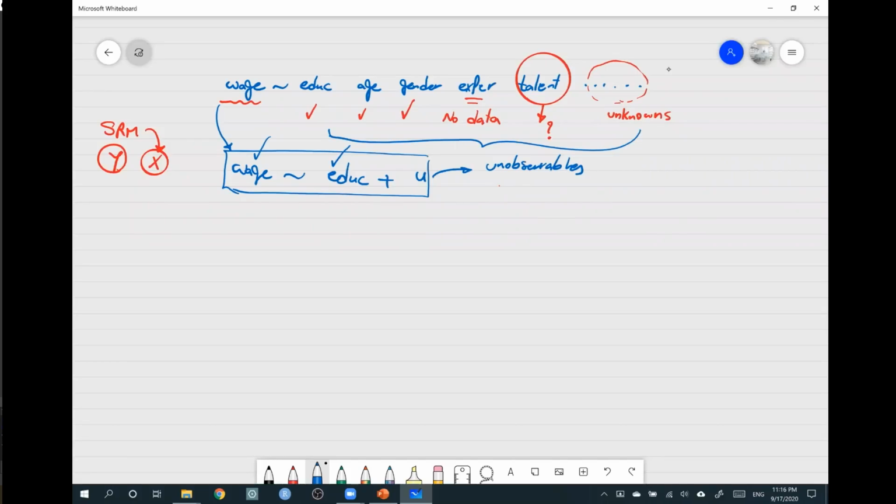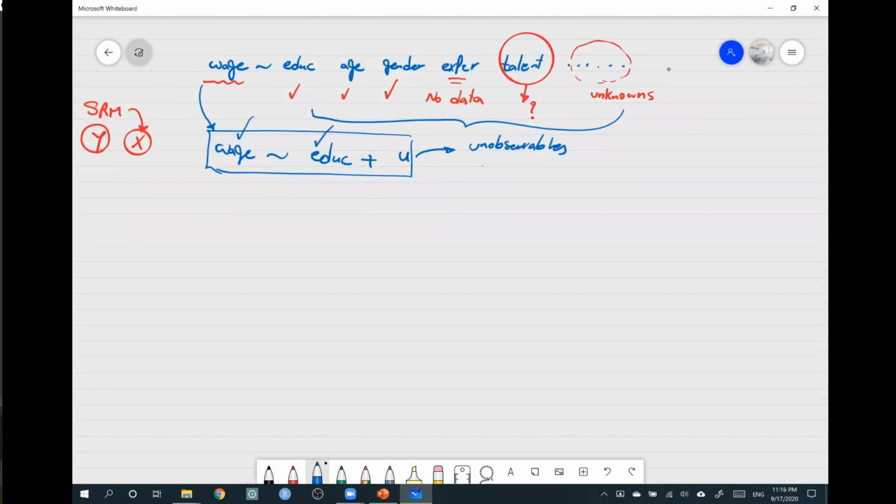Okay, now let's see how we can write the econometric model. Remember, what were the steps? Come up with the econometric model, then specify the model, collect data, and quantify the model, right? So if I want to write an econometric model, we say, okay, wage is equal to some constant beta 0 plus another constant, which we call the slope parameter, multiplied by education, and everything else that we just call